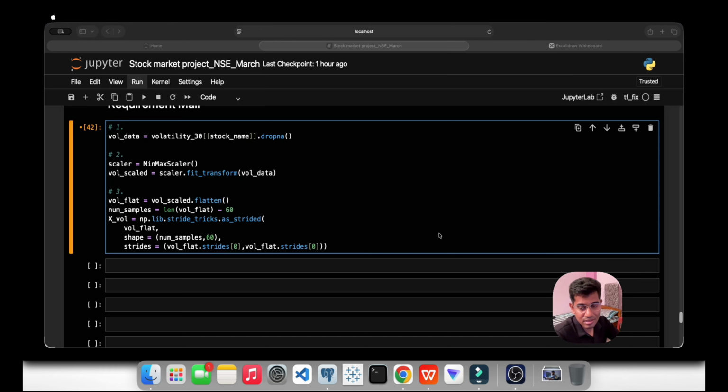What three things does it actually need? Simple. It needs batch size 920, time step 60, meaning days in each sequence, and one for features, just volatility.